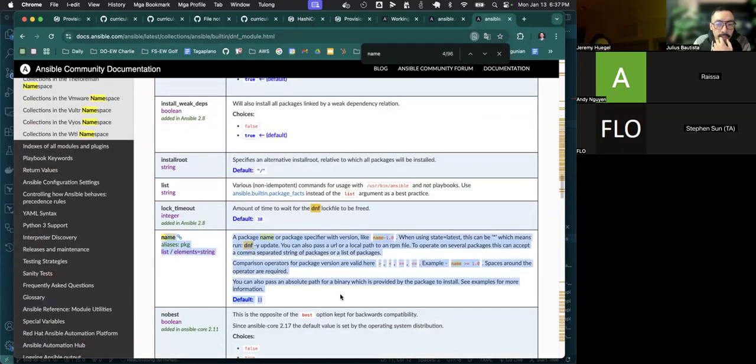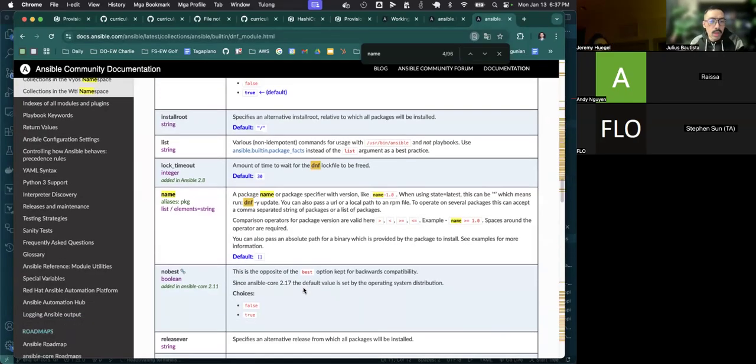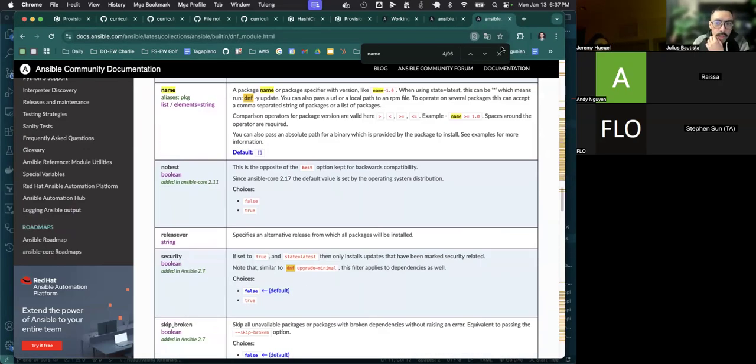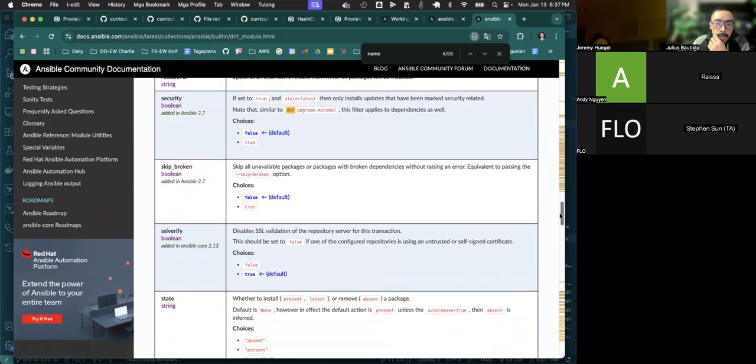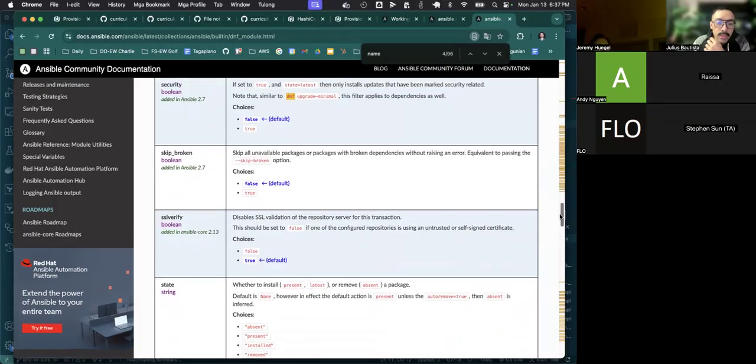This tells us that the name is the package specifier that we would normally use when running DNF. So, to answer your question from earlier, Jeremy, yes, there is documentation similar to the Terraform documentation